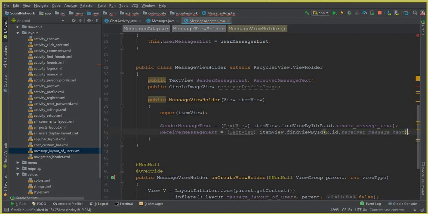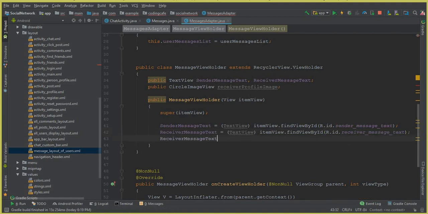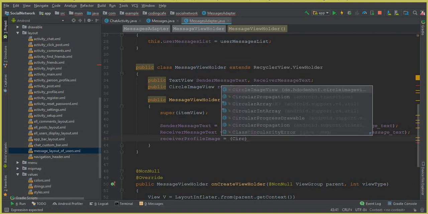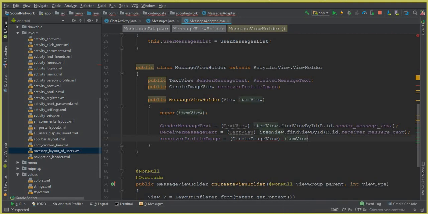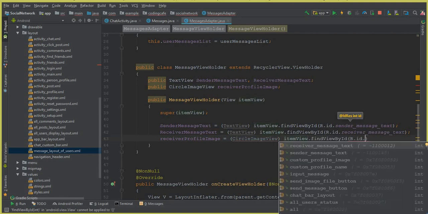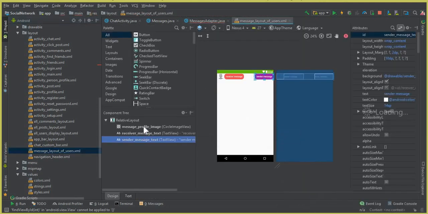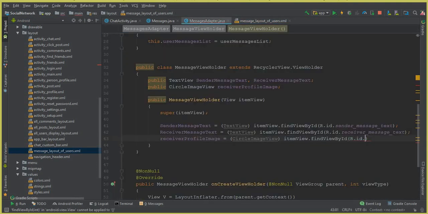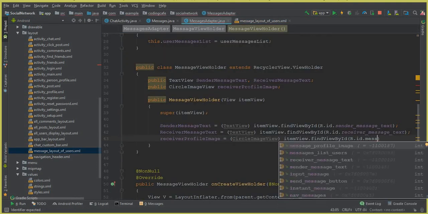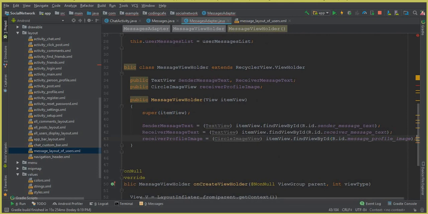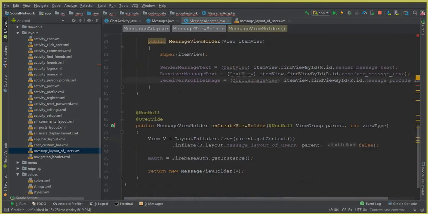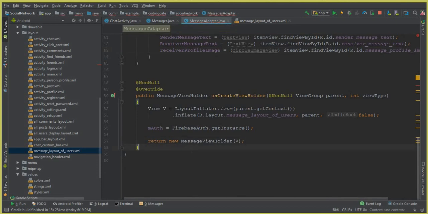Now for the circle image view, here we can say receiverProfileImage equals CircleImageView itemView.findViewById(R.id., and the ID of that image was message profile image. So here we can say messageProfileImage. So yeah, that's it. And now the next thing is to create a